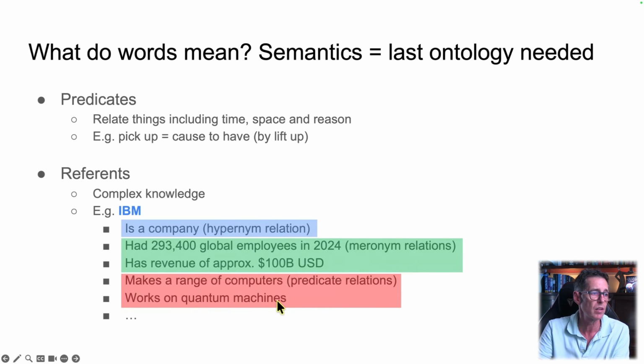That's another predicate relation. So you can see if you just said IBM and you said, well, it's a noun, well, so what? But if you say it's a company with a large number of employees and they make computers, you actually understand a lot just by having the meaning of the word. And provided you can identify this in context, if somebody says IBM and they actually mean International Business Machines Corporation, the one that's in the US, or they mean the ticker that's wherever it's listed, whichever stock exchange it's listed, then this is all very valuable.